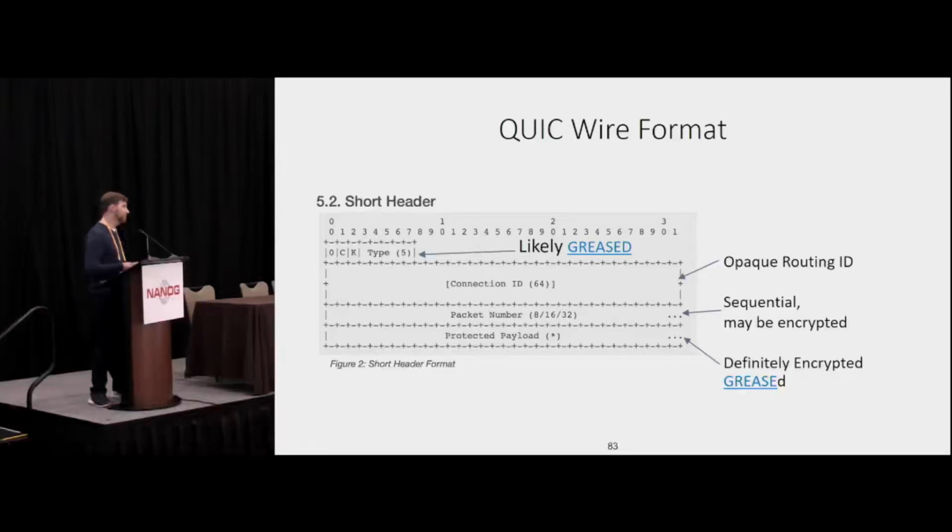There's a packet number, which is currently sequential, which is somewhat analogous to a TCP segment number, but it's likely to be encrypted, so don't worry about that. And then the rest of it's encrypted. So it's pretty much garbage. There's not a whole lot here you can really look at to get transport level information. You can definitely still look at the handshake. We're still going to be running TLS over this, so you're going to get SNI. But after that, it's just going to be mostly UDP packets on the wire.